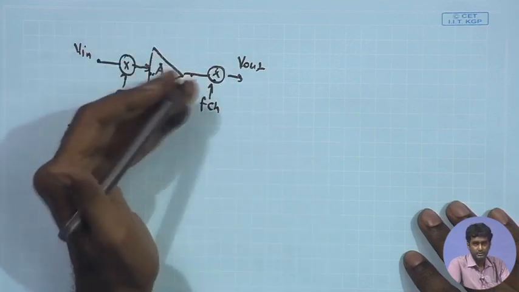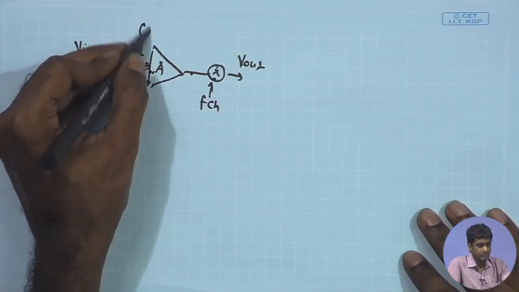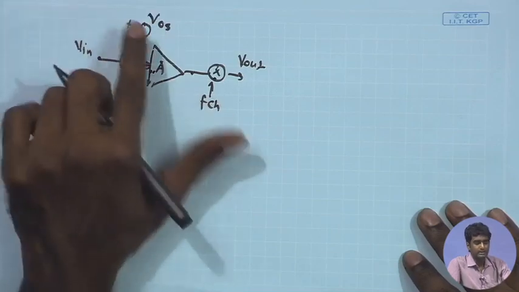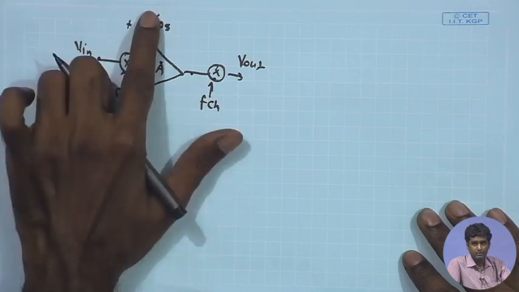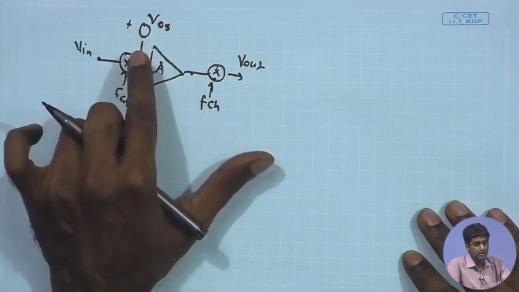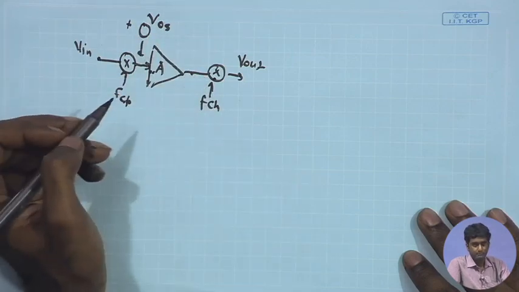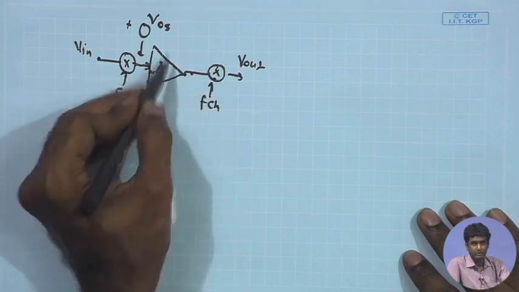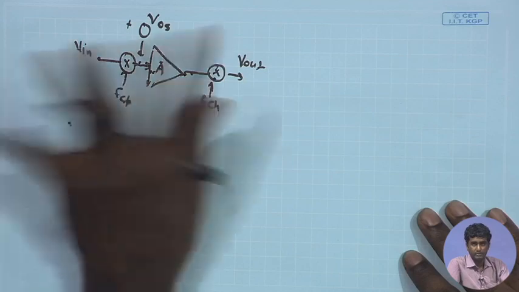The noise, especially the 1 upon F noise, is close to DC. Likewise, the offset, which is over here, you have the V offset also added to this. This is also at DC. So, the chopping is happening before the amplifier, the offset is added to the input port of the amplifier. This is just the offset signal because of the mismatch, and as a result you have the final output coming here, and then we apply the chopping. So, what is the effect of chopping on this DC signal? Once again, we say that the DC signal along with the 1 upon F noise will be shifted to higher